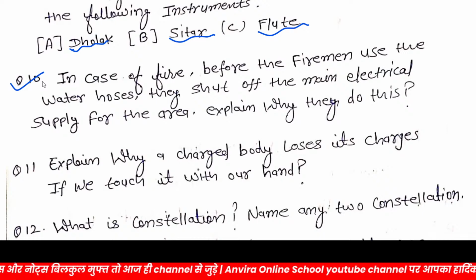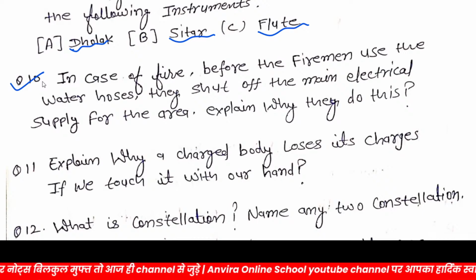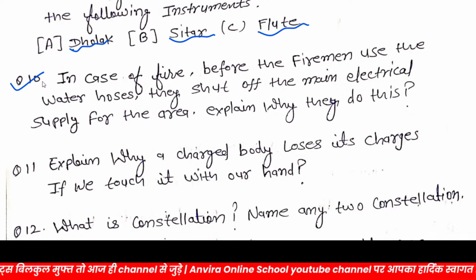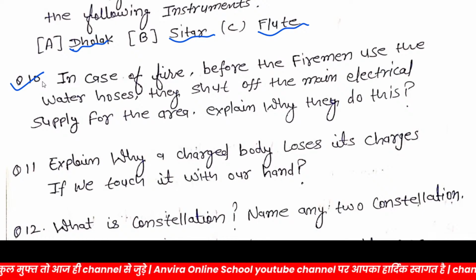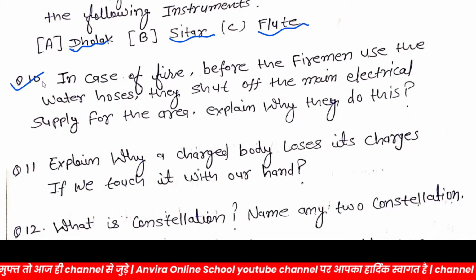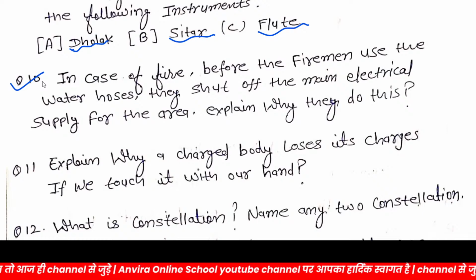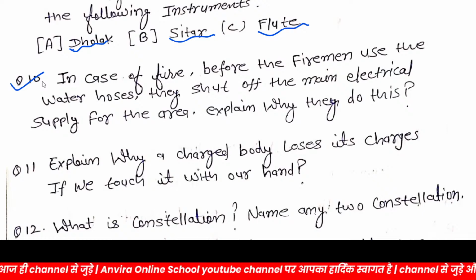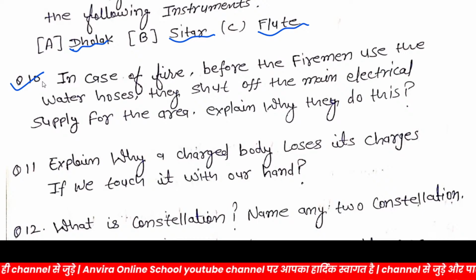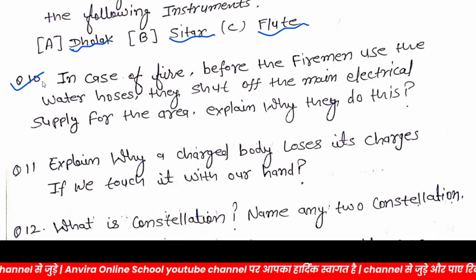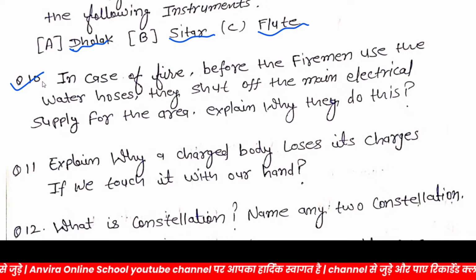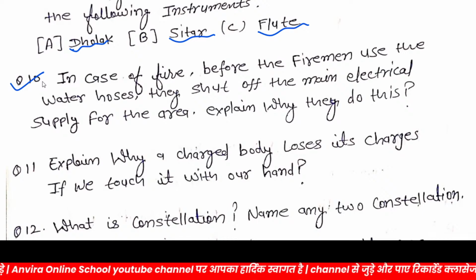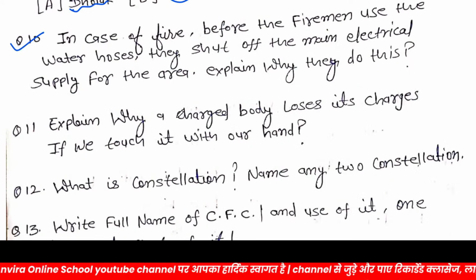The water used in water hoses by firemen is not pure water and it conducts electricity. Firemen shut off the main electric supply for the area because if the supply of electricity continues, there may be high risk of electrocution due to water. Next,